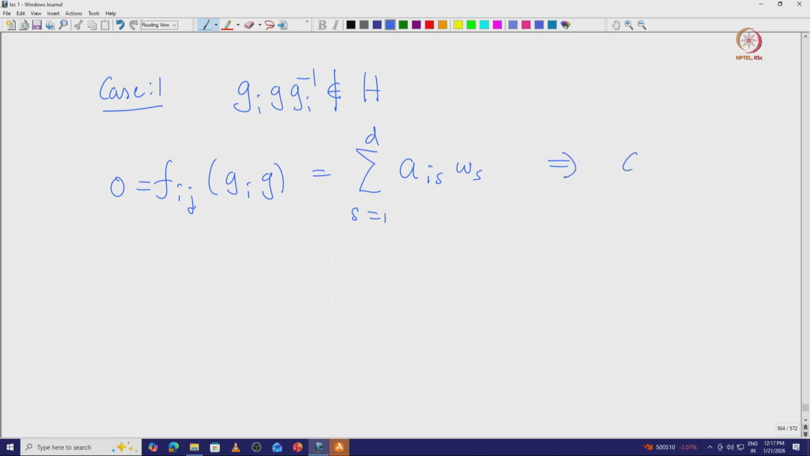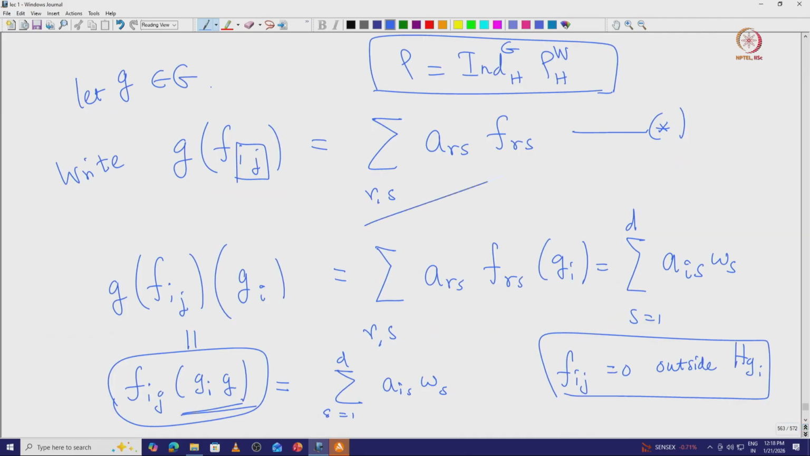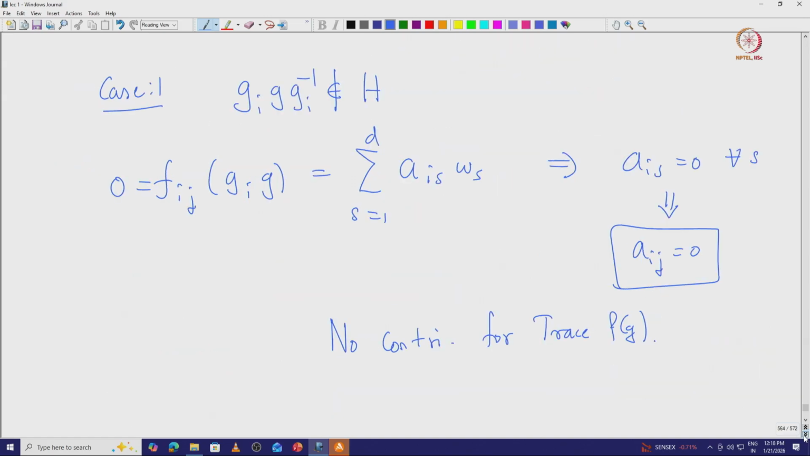That would imply that Ais is 0 for all s, but the coefficient of Fij is going to be Aij. So that implies that Aij is also 0. That means no contribution will be there for the trace value, because we are looking at the coefficient of Fij inside this, which is Aij. So, now look at the